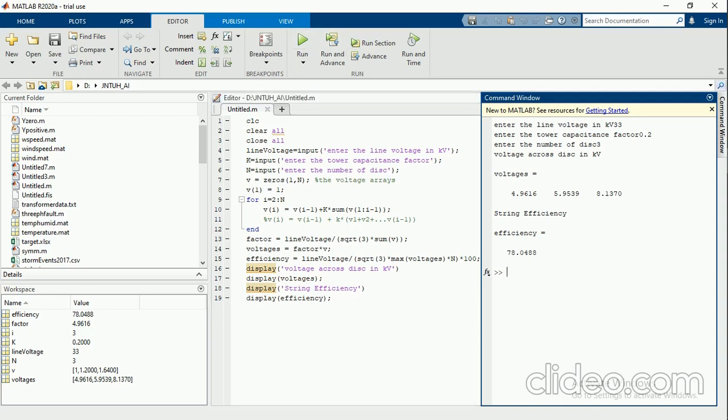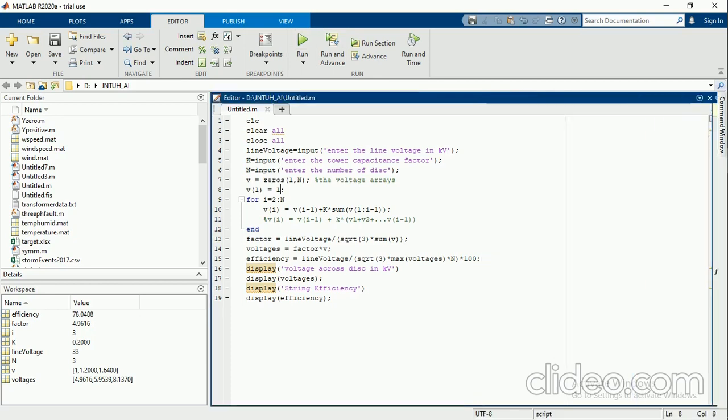Now I'm modifying my code in such a way that whatever V1 is there, I'm modifying it as 2. I'm not changing the remaining values. Let's see how it turns out.